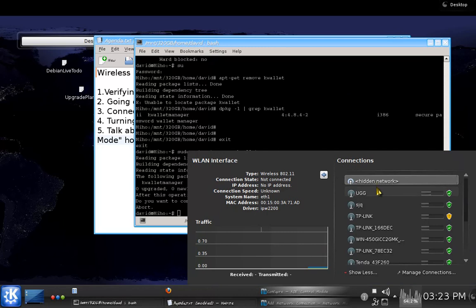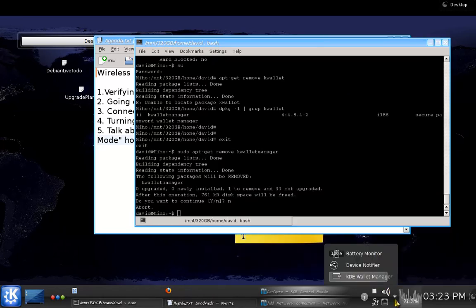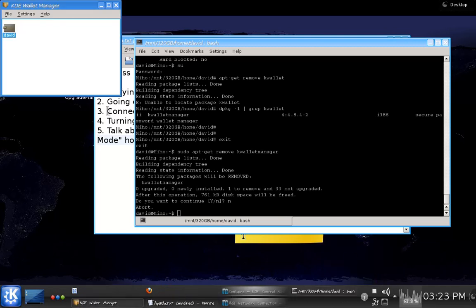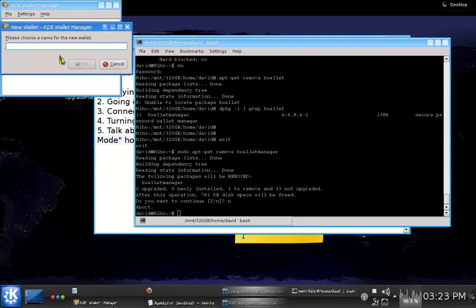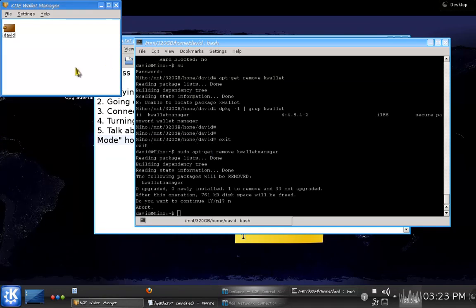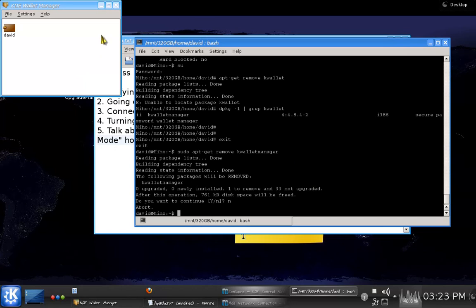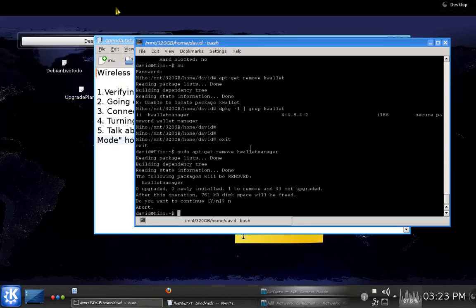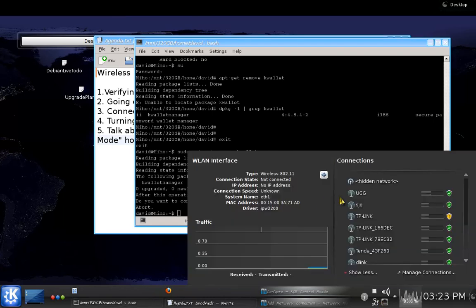Okay, so now that we have kwallet set up, it's usually pretty simple to set up kwallet. You just go through a little wizard here, you give it a name, you give a password for your wallet, and just generate it, and then it starts storing your passwords in there. And then whenever an application wants to pull a password from there, it just prompts for a password. So when you run the network manager and I connect to, say, this network here, because I've never connected